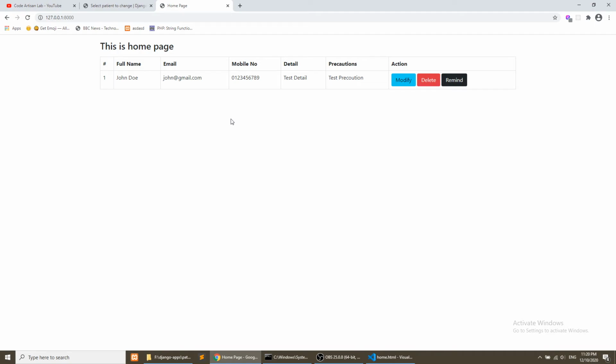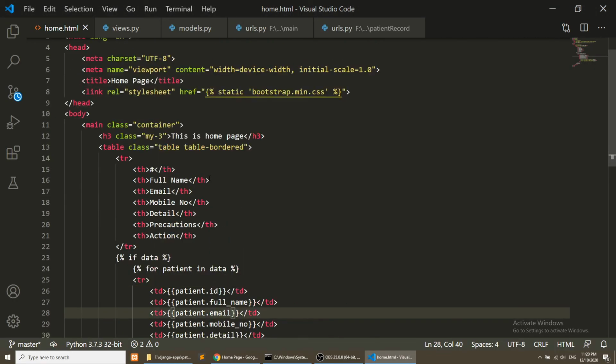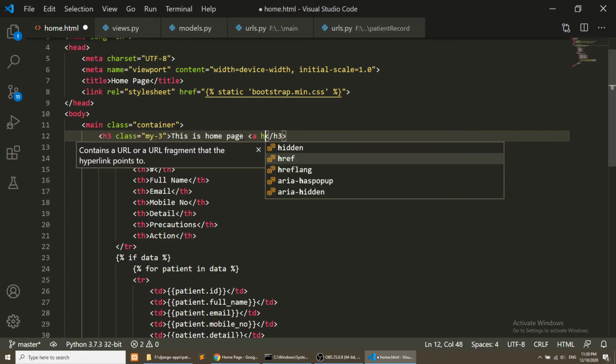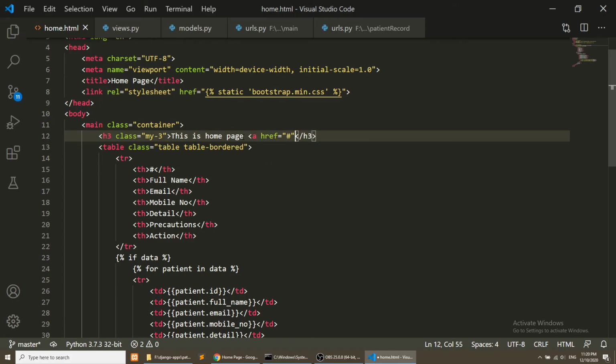Okay, so this is the layout that we want to show, and in this we will also create a form for adding the data, deleting the data. One thing more we need to add, we will add the add patient button, and here we will define class ms-auto. This will make the button go to the right side.